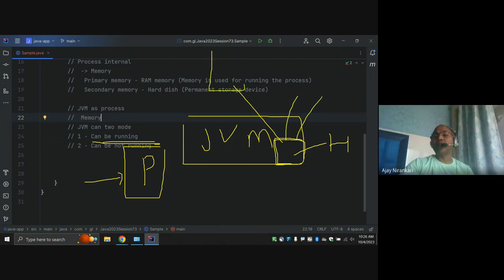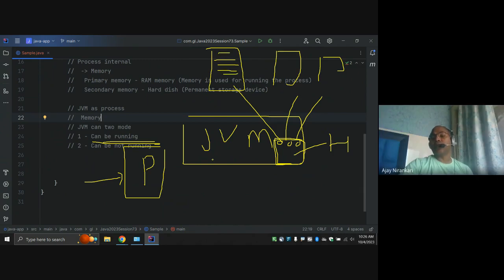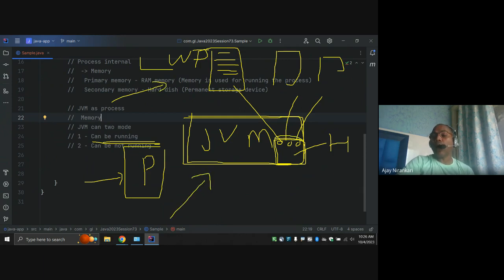A thread is also very lightweight because whenever you start a thread, it requires only 2 MB of memory. This thread also requires 2 MB, this one also 2 MB. So they require very little memory, not like a JVM. Whenever you start a JVM, it requires the 1 GB or 2 GB you configure. But here it is very light. One thread gets very little memory. Due to that, this is a lightweight process. If you read the definition, it says thread is the lightweight process. JVM is a heavyweight process because JVM needs a lot more memory than your thread.